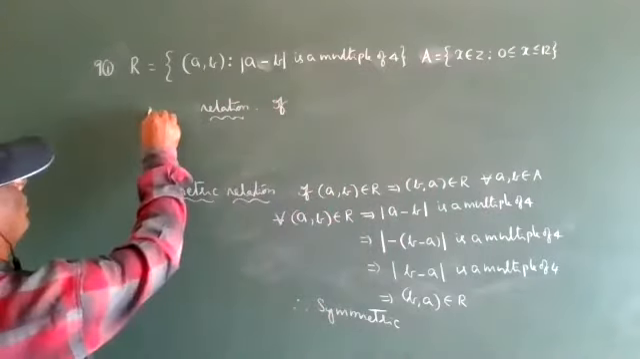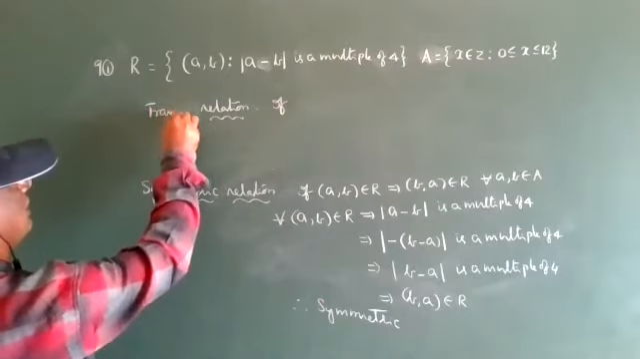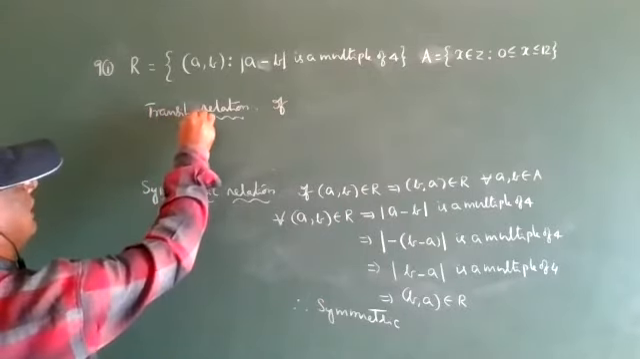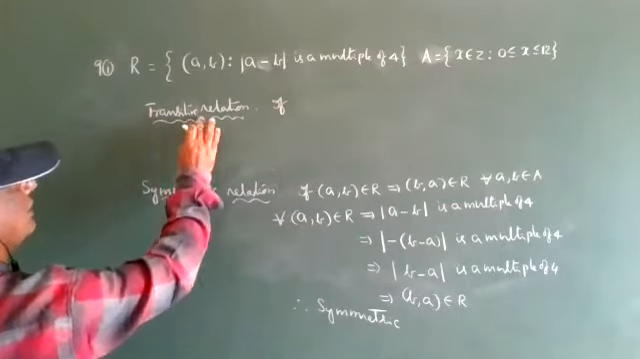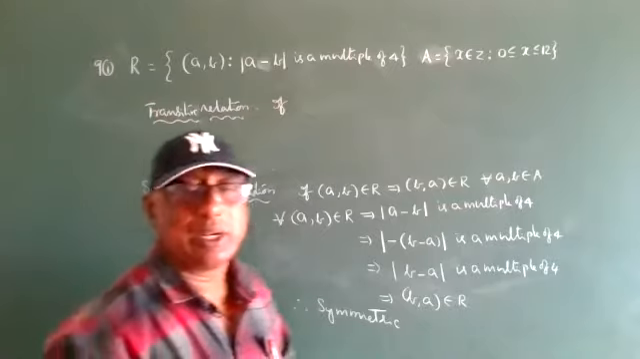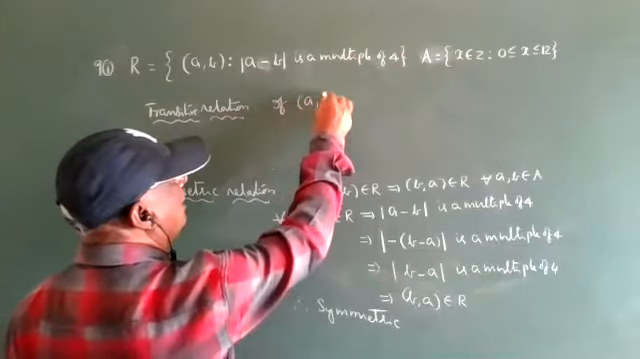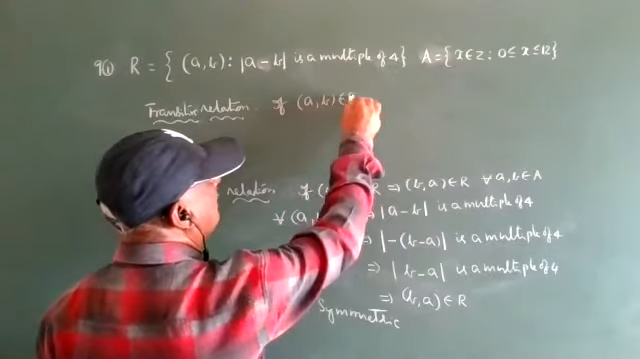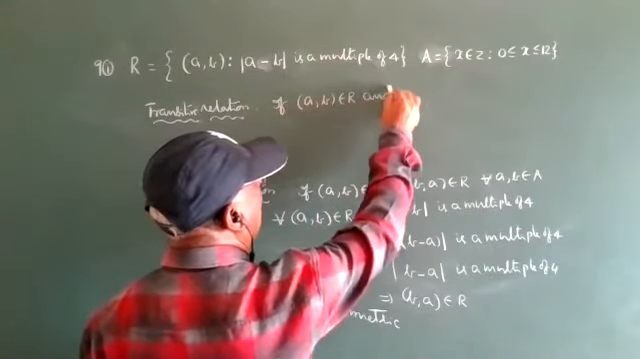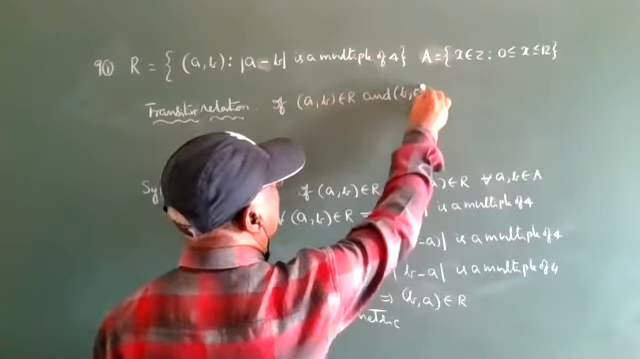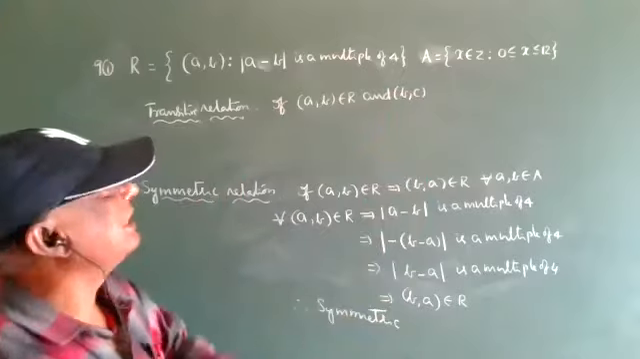Transitive relation. Write down: if (A, B) belongs to R and (B, C) also belongs to R,